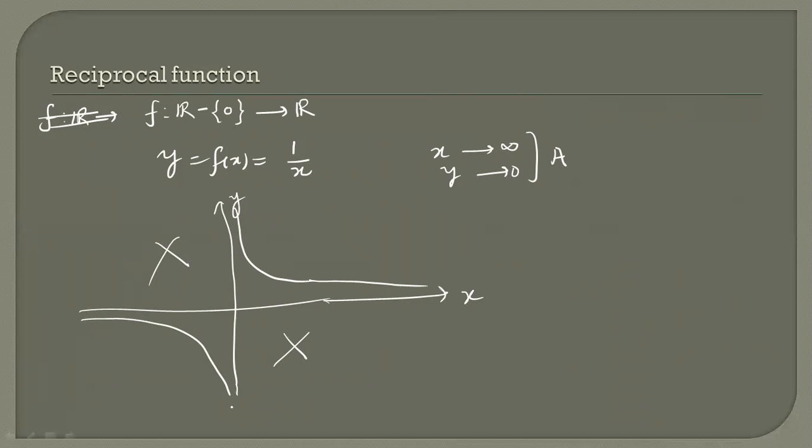If you see, y is taking all the values from -infinity to infinity except 0. 0 it is not taking because y is tending to 0 as x tends to infinity. So in this case, the range of f is the entire real numbers except origin. So this is the graph of y equal to f(x) equal to 1 upon x. Keep remembering it. It will be useful in understanding continuity, differentiability, and other related topics in calculus.